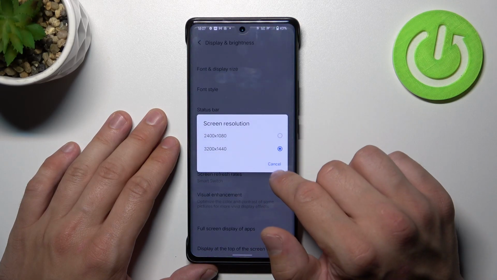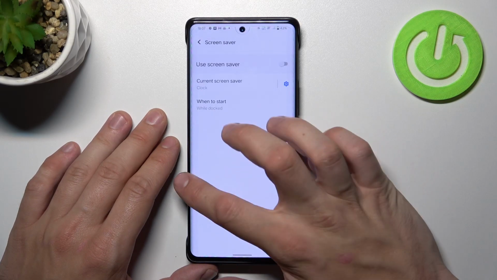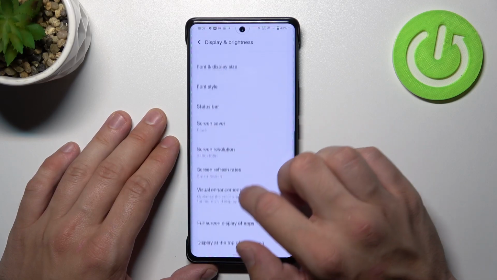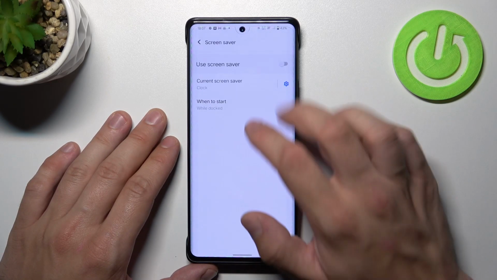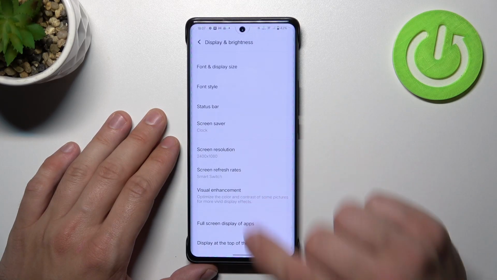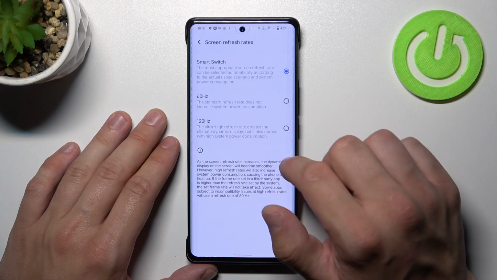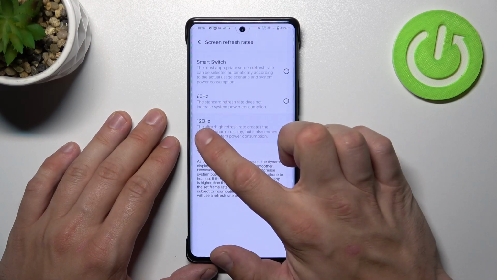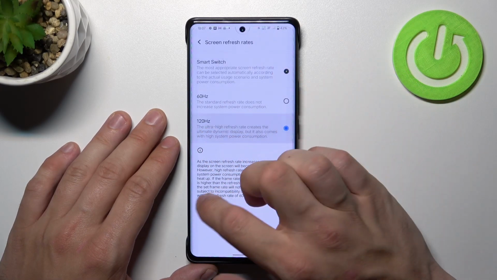change screen resolution, set screensaver, change screen refresh rates between 60 Hz, 120 Hz or smart switch,